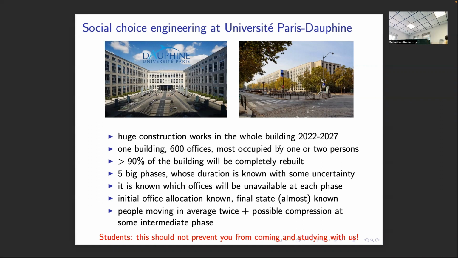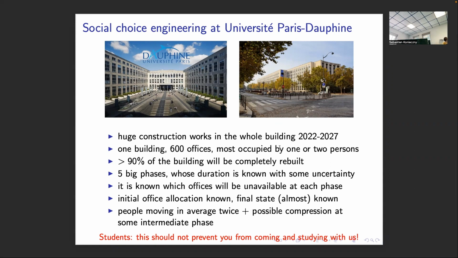And it's only one big building, 600 offices. Each of them is occupied by 1 or 2 persons. Well, the PhD students... I don't think for Dauphine they count as persons. Yeah, they count one fourth, or something like this. One PhD student, 1/10? No, there is a real document saying... Okay. You count 2, I count 1, and then 1 more.